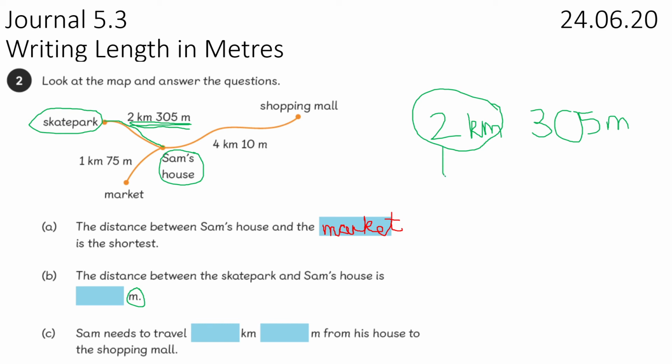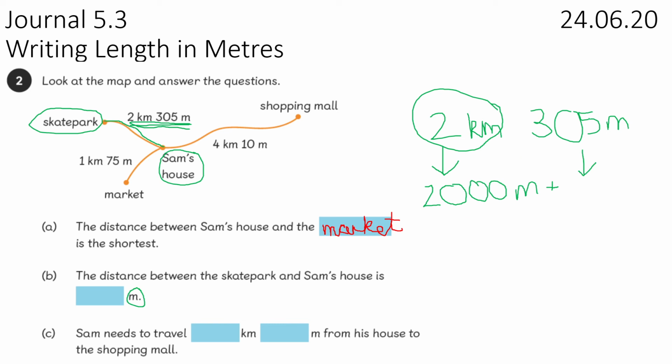Remember, 1 kilometre is 1,000 metres. 2 kilometres is going to be 2,000 metres. And then we're going to add the other metres that were already there, and we didn't have to convert them because they were already in metres. So 2,000 add